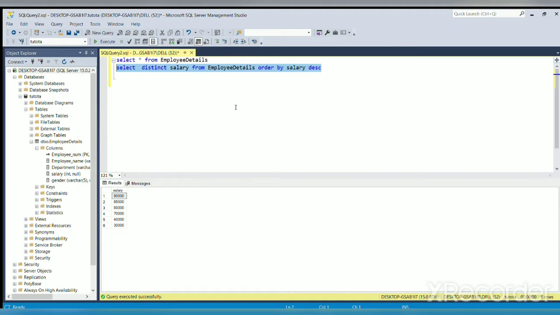How to get the second highest salary? It is done by writing subqueries. The logic behind it is that we have to compare each of the salary values with the maximum salary. If the salary value is less than the maximum salary, we can display it. For that, I have to write the subquery for comparing it. So select distinct salary from employee details where salary must be less than